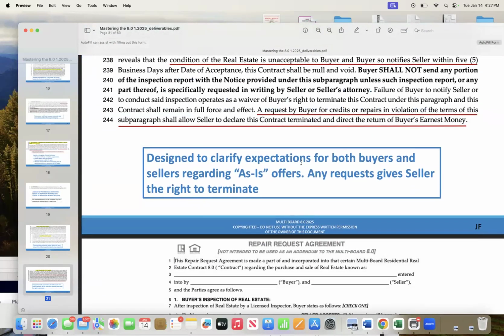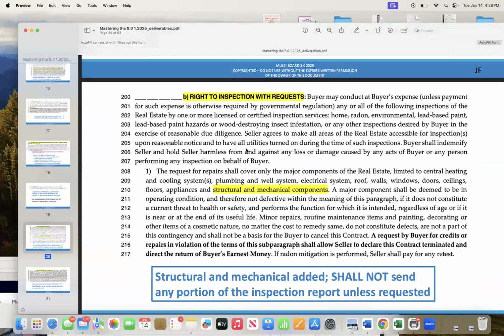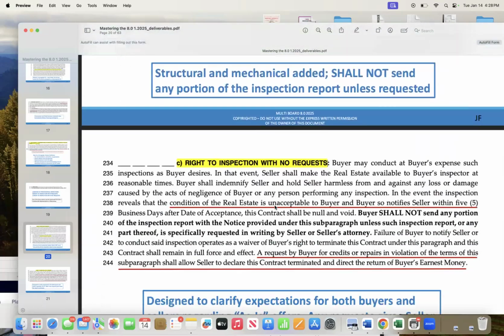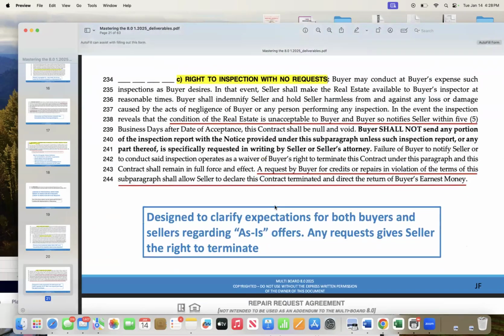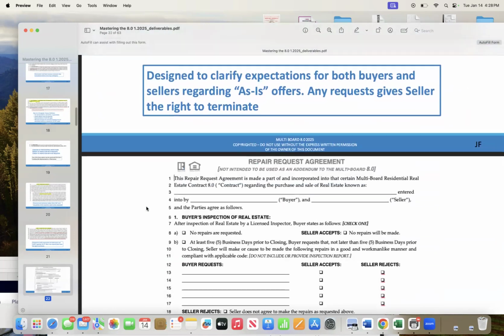So you understand, it's designed to clarify expectations for both buyer and seller agreeing to as-is offers. Any request gives the seller the right to terminate. So you come back and you start asking for things. In this one, even if you don't have the right to ask, he has a chance to terminate the contract. Versus here, if you ask, he cannot terminate. He has to negotiate, or terminate if you don't agree. Okay. So I like this so much better than just as is. It gives you much more choices. I know the contract is getting bigger and bigger, but it's okay. All right, so